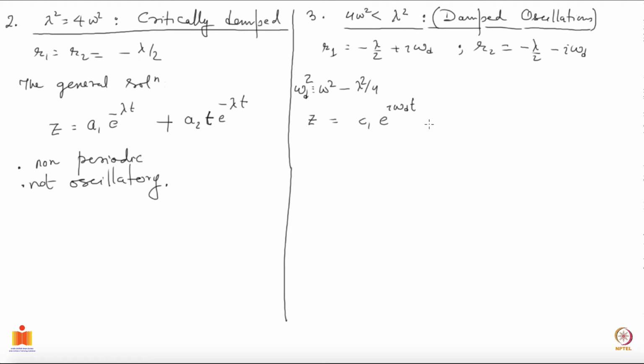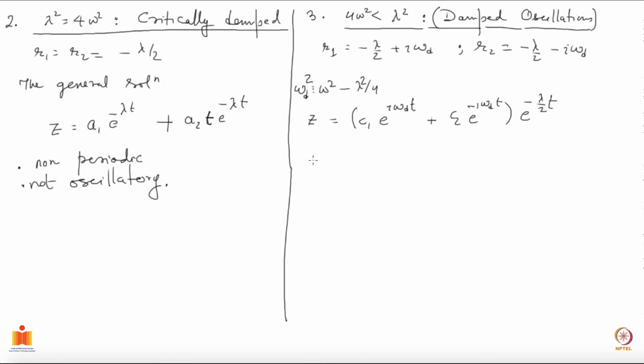So let me first bring this one, C2 e to the minus i omega d t, and then I have e to the minus lambda over 2 t. So this is the most general solution. Okay,